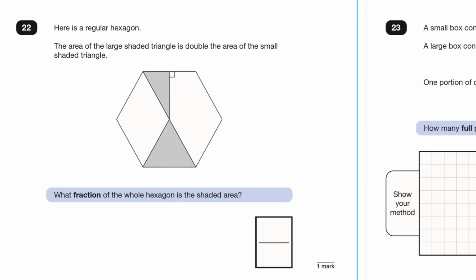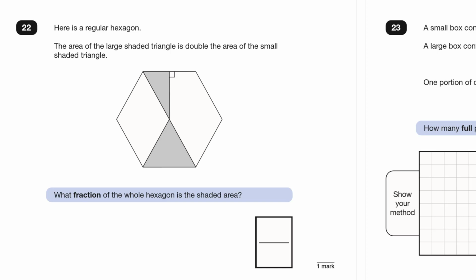Question 22. Here is a regular hexagon. The area of the large shaded triangle is double the area of the small shaded triangle. So here's the large shaded and here's the small shaded, and this is double what this is. Some important things here are that it is a regular,